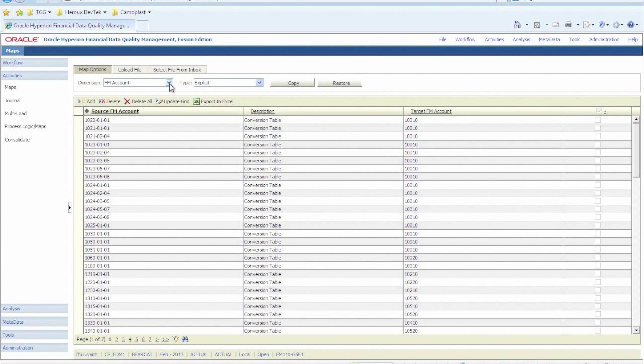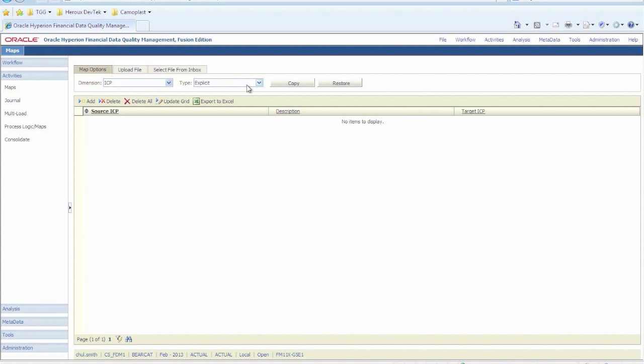First, I'm going to show you an example of an ICP like map. As I said before, with likes you can use wildcards. A question mark is a single character, whereas an asterisk or the star can be multiple characters. Here, we've got a rule that defaults all ICP to ICP none. We list our asterisk and we list our target ICP. Now if we go back to the account dimension,